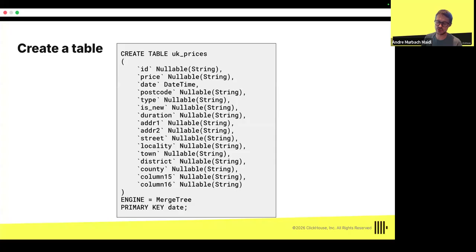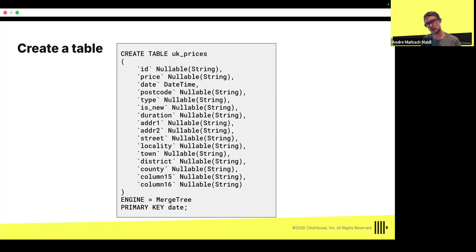Here in this case, I'm using only nullable strings because we are going to see one example where you bring a CSV that is stored in object store, and then you insert into ClickHouse. That's the reason why I'm using all strings, because in this file I have only strings. But if I wanted, I could convert to the proper types while importing this data. Not doing this right now, just for simplicity.